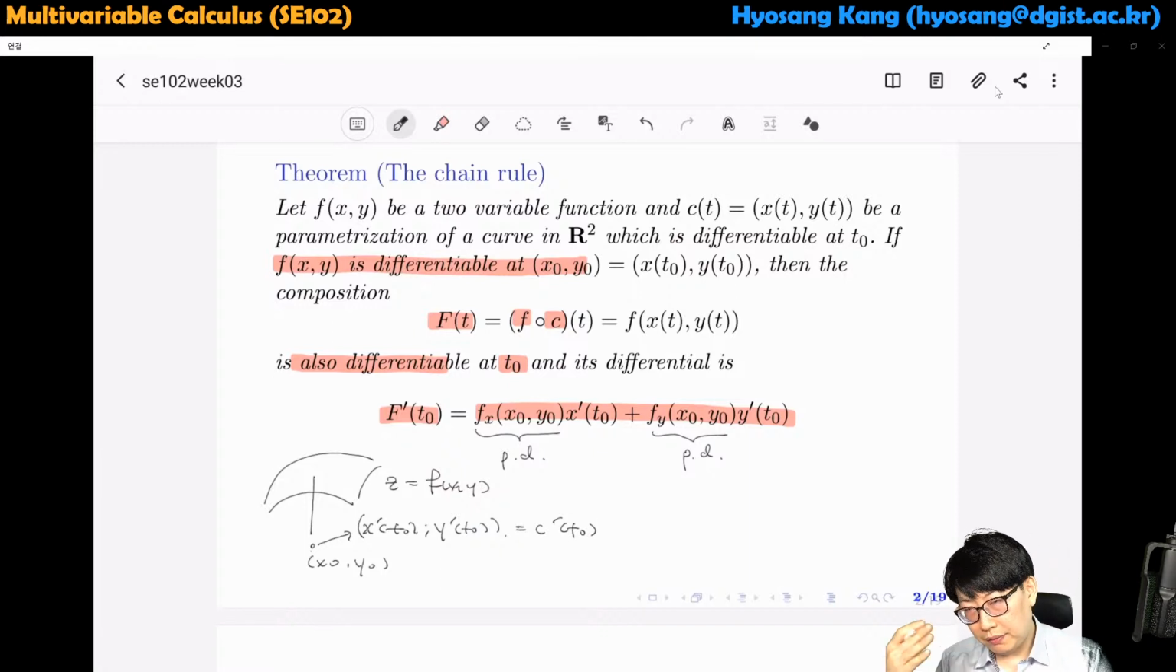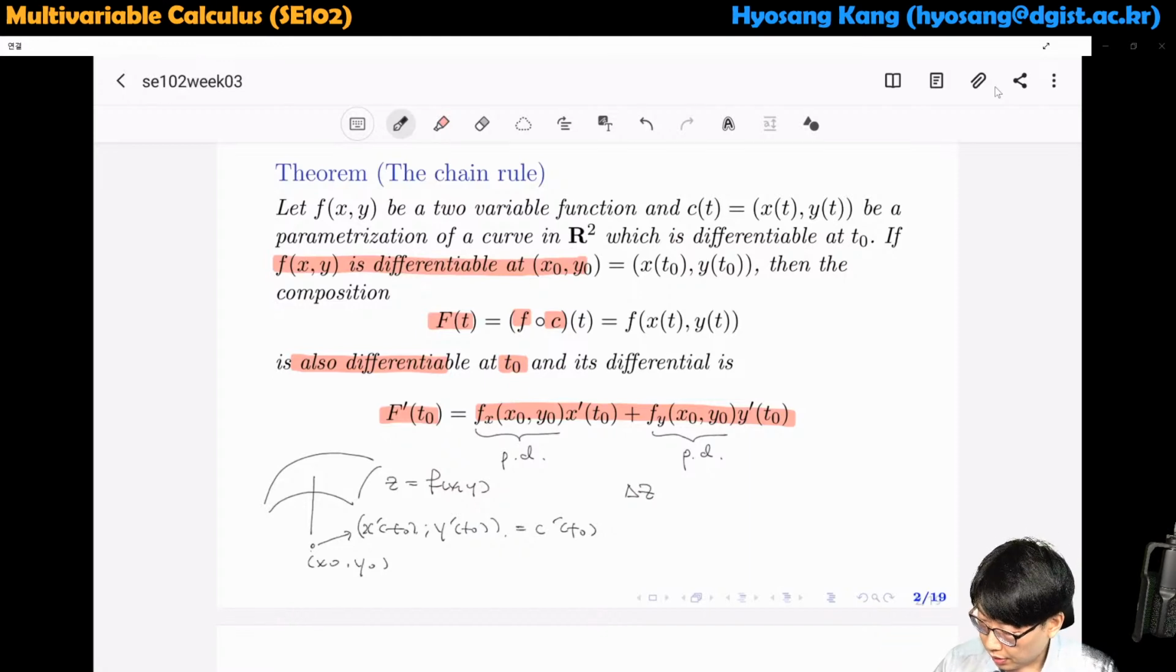Now, how does the value of function change? So how do you measure the change of value of function? So how do you measure the difference of z? So if you enlarge this picture of a graph, then